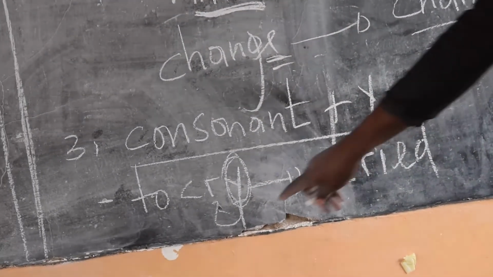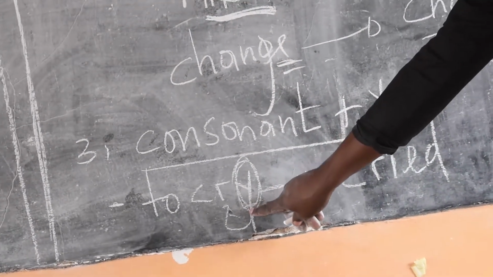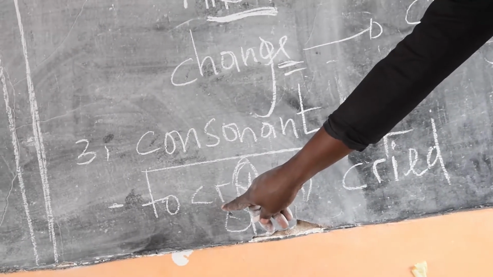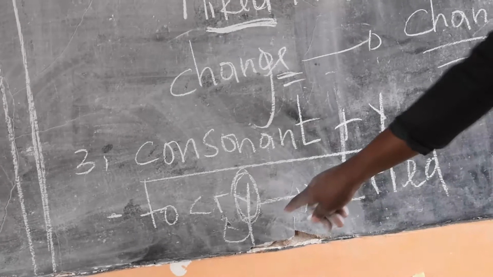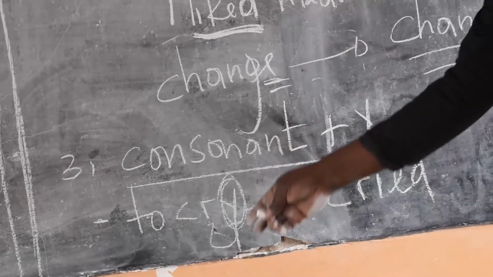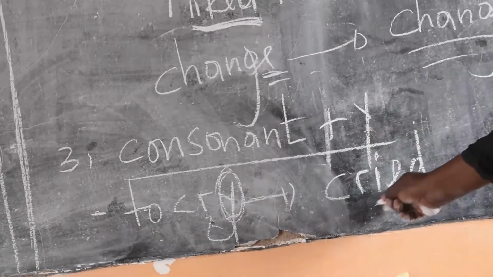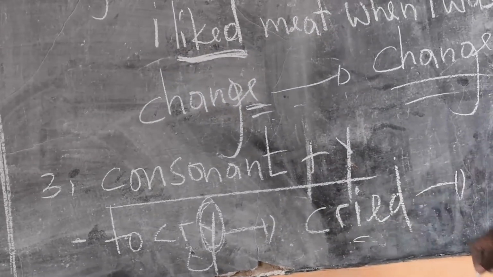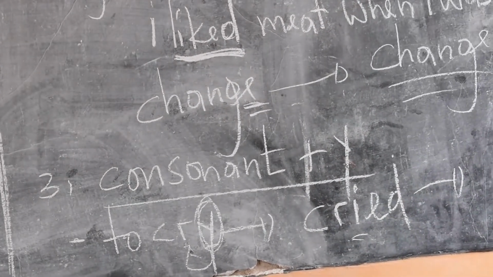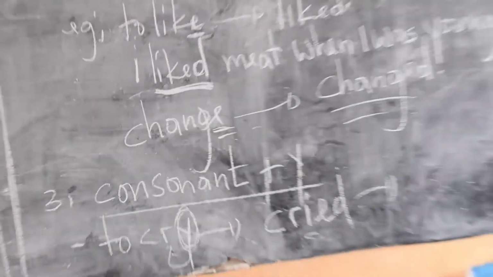Verb ending with y, and before y there is a consonant. Before taking ed, we change y into I. So we can make an example. For example,